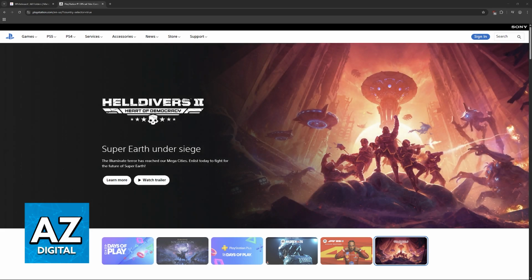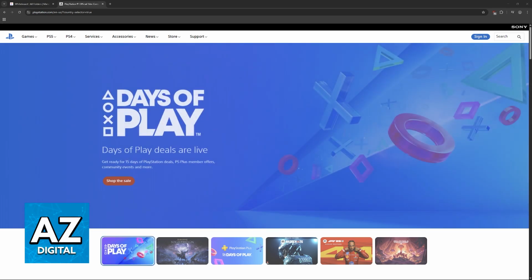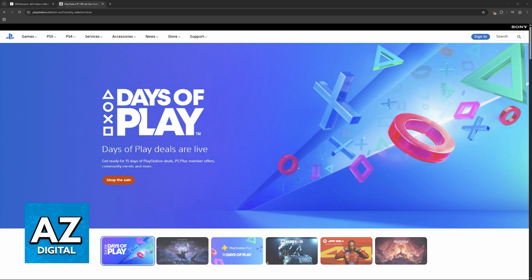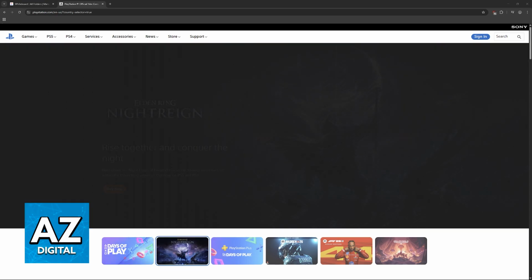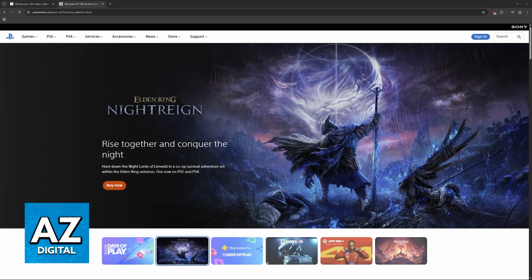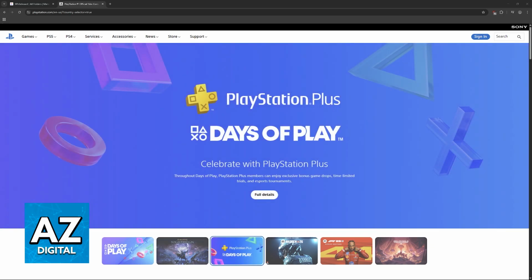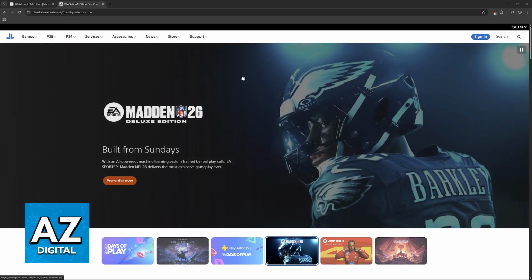Keep in mind that there are going to be some limitations, but you will be able to check your eligibility easily. You have to do this process through the PlayStation website, so I highly recommend visiting a web browser on your computer or a laptop. If you don't have access to a PC, then you can use your phone. Open a web browser and go to PlayStation.com.